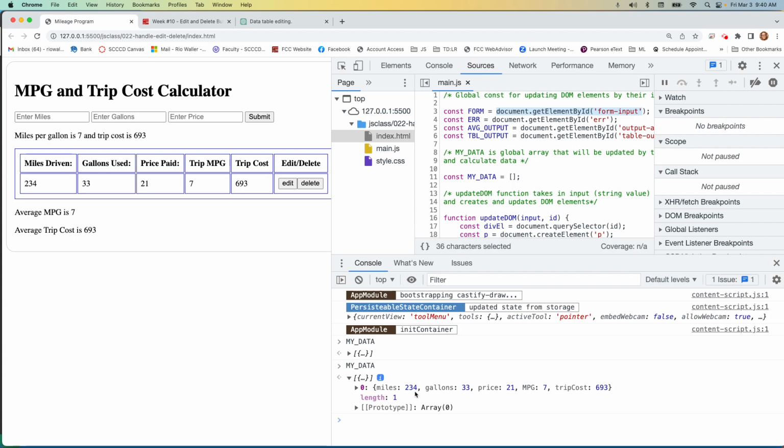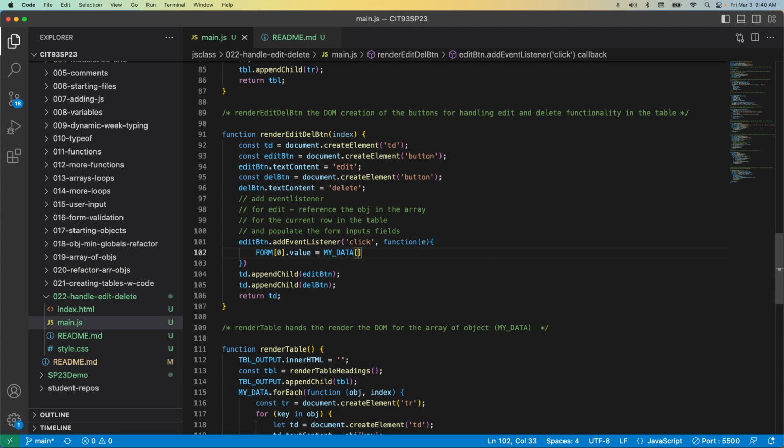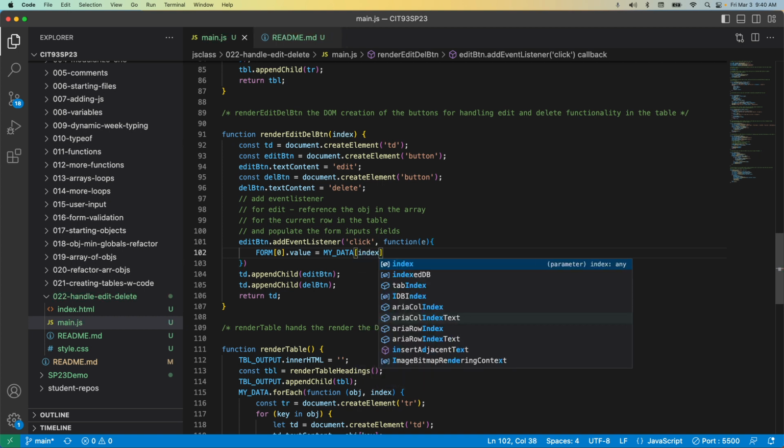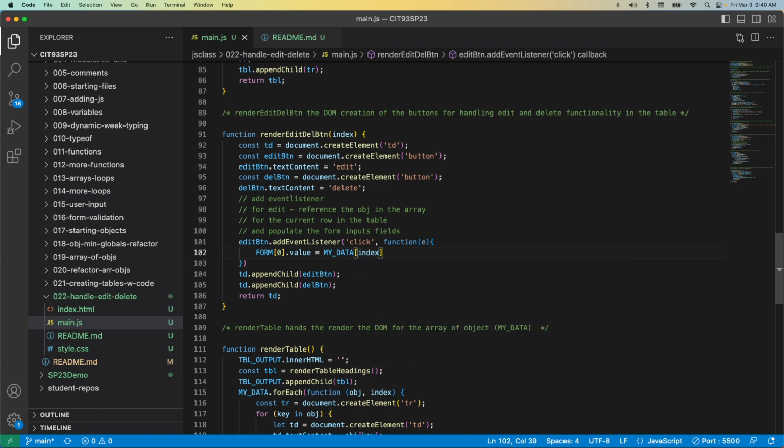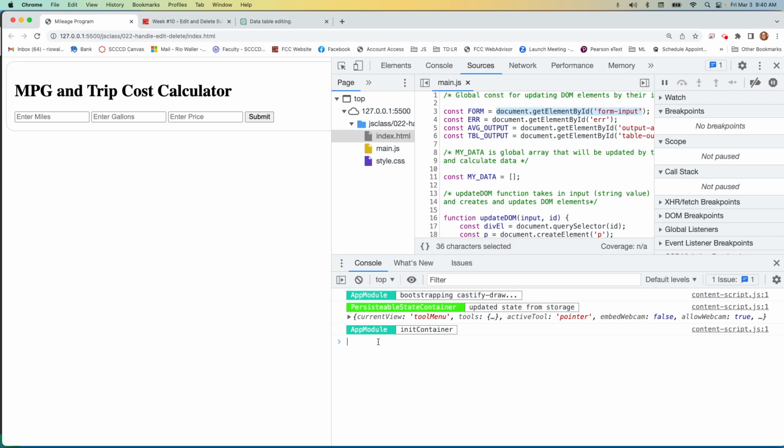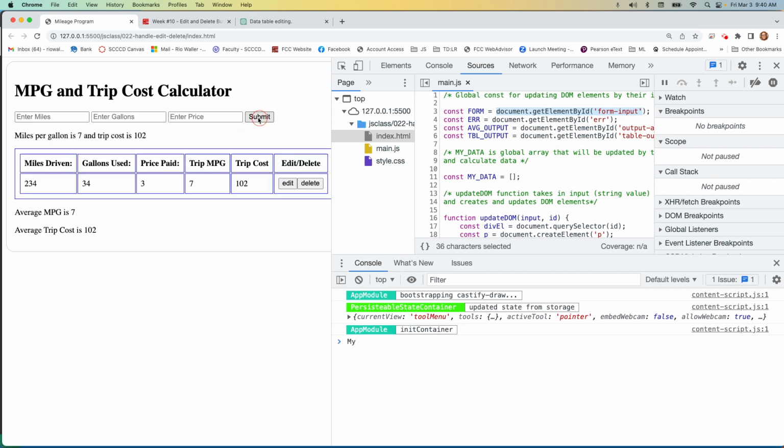We need the index. We already have the index, right? So what do we need? Because in this case, when we're referencing the index in code like we are, we can't do index like that. We had talked about that before. This is where you have to do brackets. Now, just referencing the index like that, though, okay. So let's look at that, right? So my data,